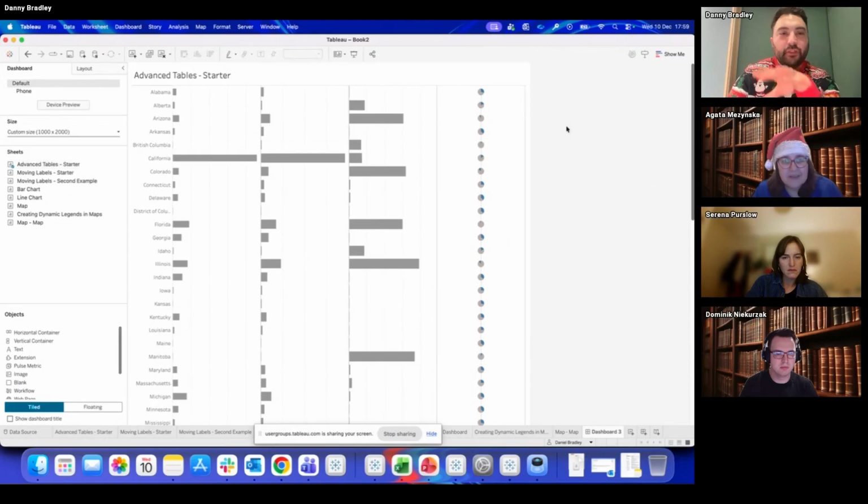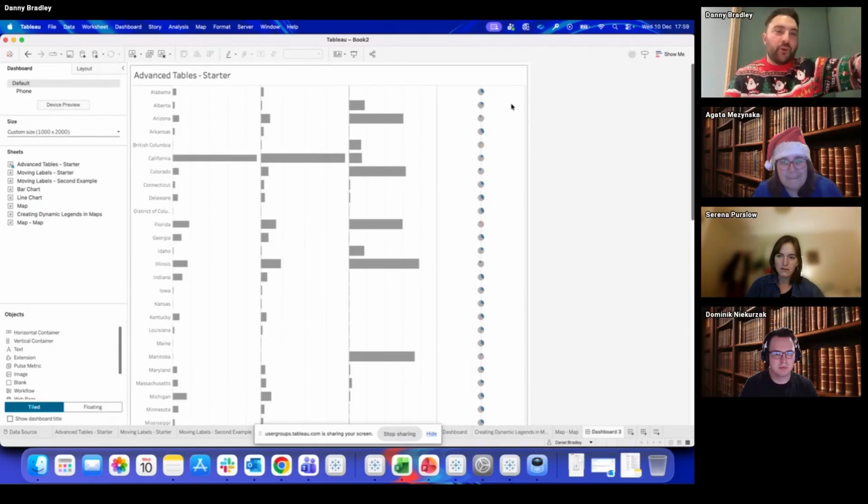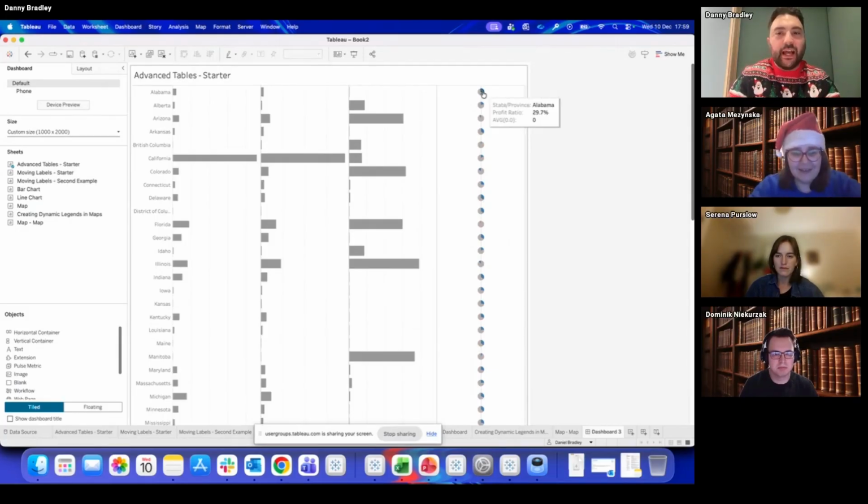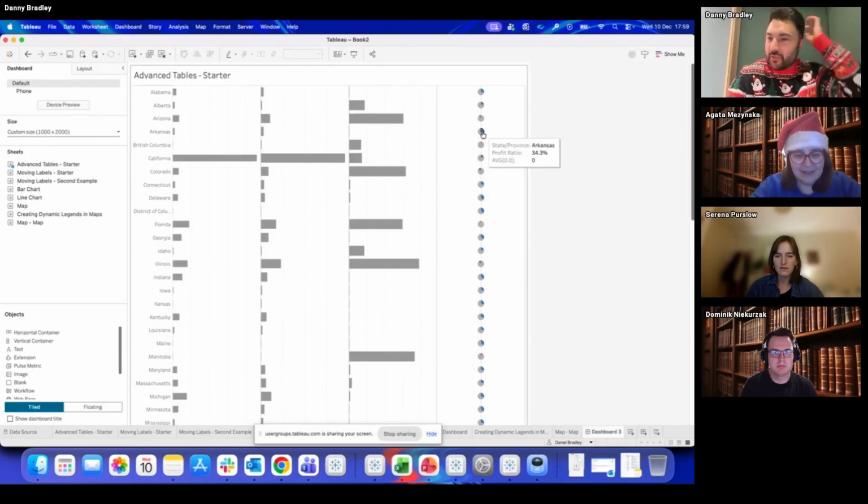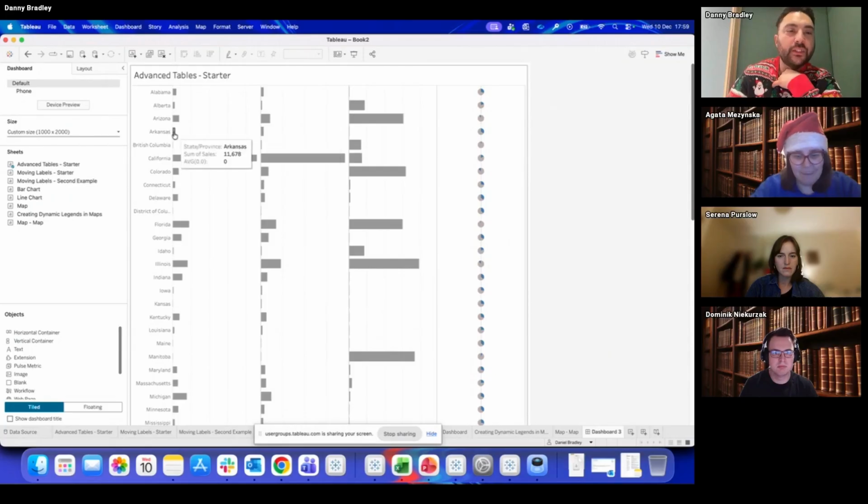And all of a sudden, we've got a dashboard that, yes, is a table, and we could add our numbers in there as well if we wanted to. But we've now got this advanced table where we're stepping our stakeholder into the world of data visualization. Now when we hover over any of these, we can see that Alabama's got a profit ratio of 29.7%. Alberta's got 19.5%. Arkansas's got 34.3%. And then we can start to ask, what is our average discount? What are our quantities, and what are